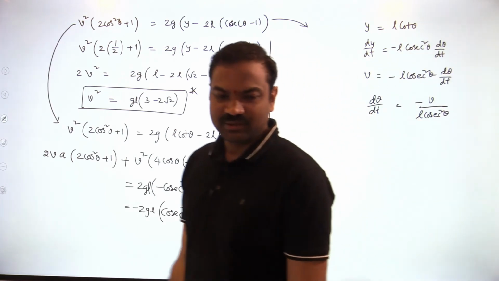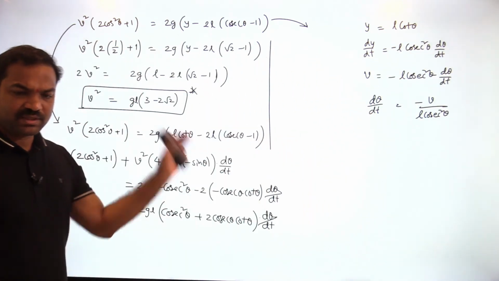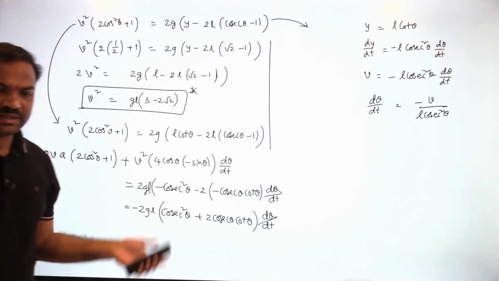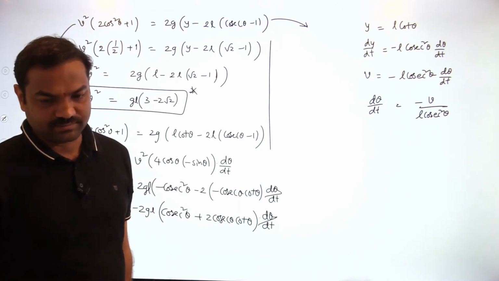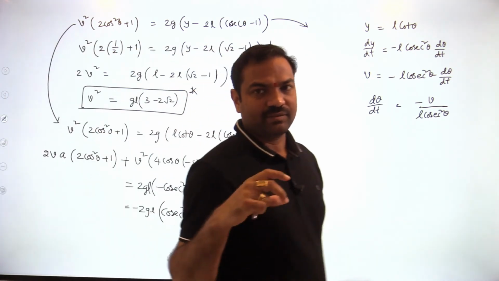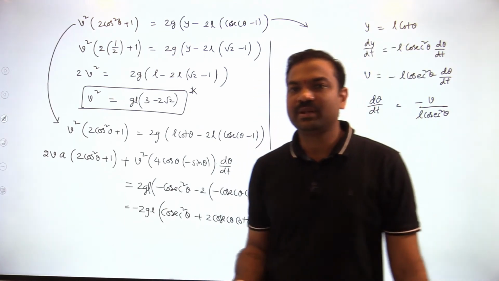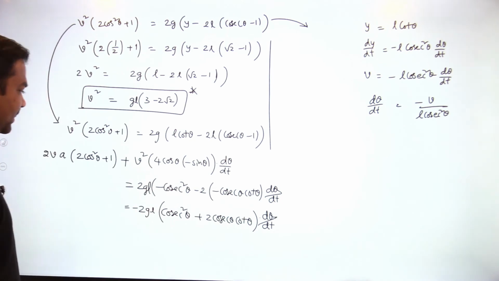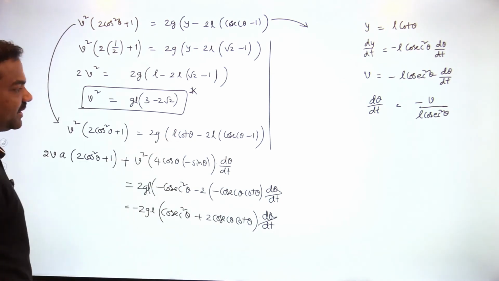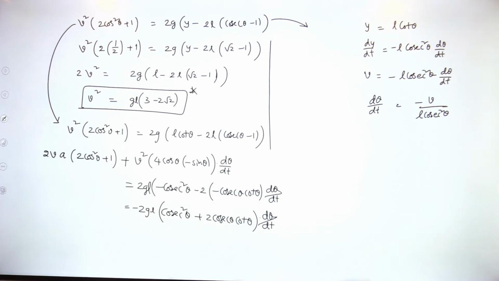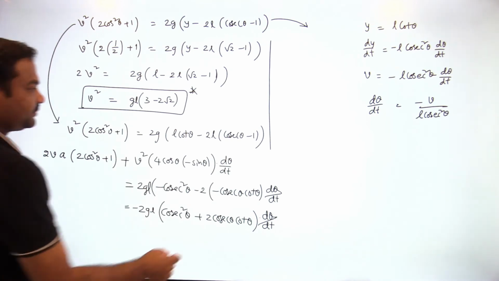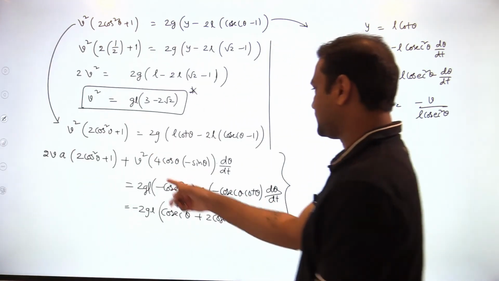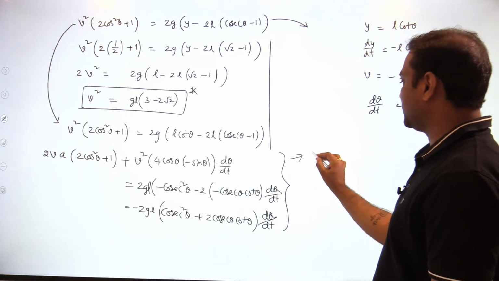So maybe it looks a little lengthy, but physics is less, mathematics is more. So you need to understand that constraint and energy conservation. See, this is the one thing. Sometimes physics questions become more tough because of the mathematics involved in it, or lengthy. Now d theta by dt value you have to write down here. So what will the expression become? Now this entire expression, this is the total expression I am writing here now.